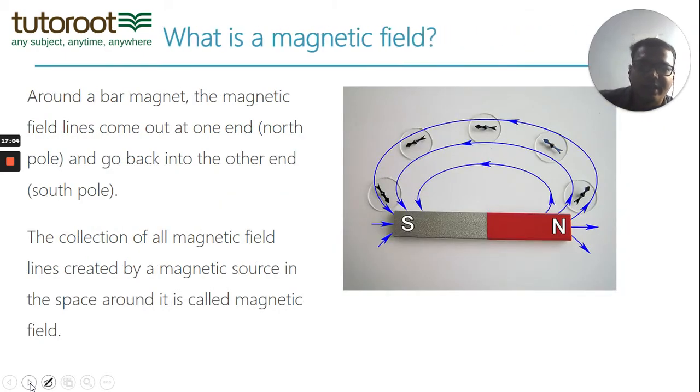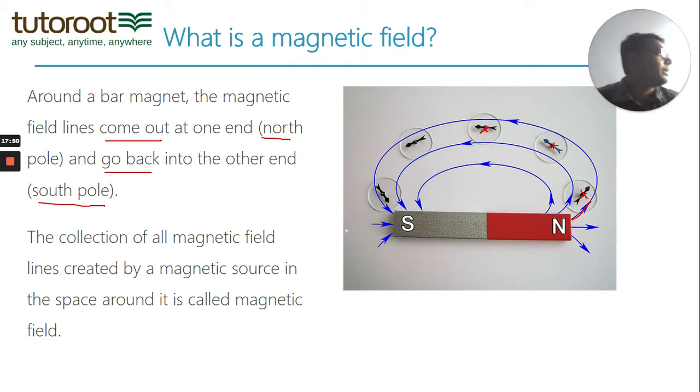So when you do this around a magnet, you get something like this. So you can see the diagram. At this point, the magnetic field is pointing in that direction. Here the direction has changed again. So here you can see it's completely opposite to the direction, it's parallel to the direction of south to north of the magnet. So here you can very clearly see that magnetic field lines kind of look as if they are coming out of the north pole and getting back into the south pole. Now this is a very important conclusion of a simple bar magnet. In a simple bar magnet, the magnetic field lines come out at the north pole and they go back into the south pole.